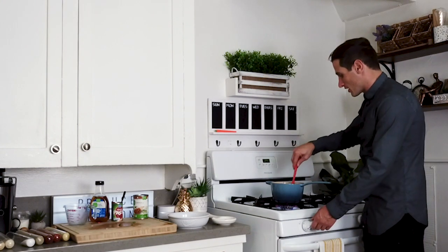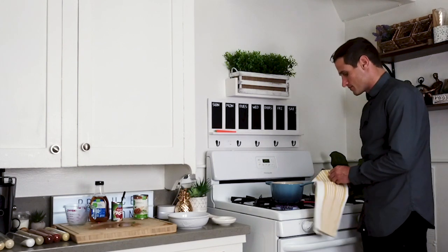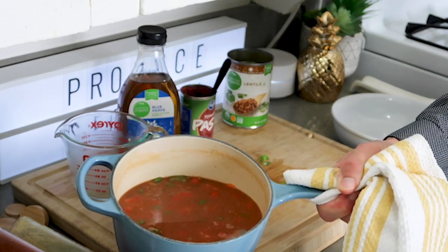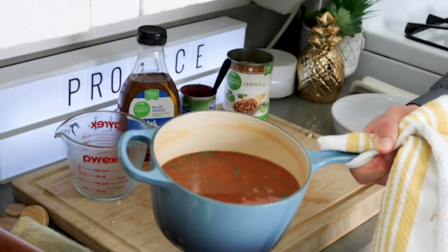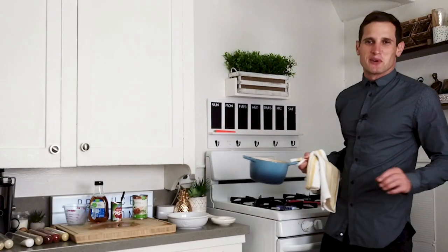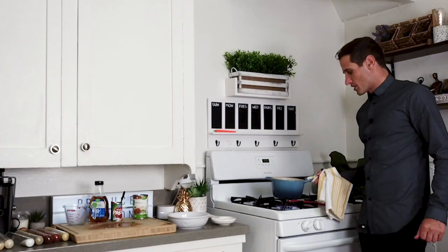So we're cooking that down on high heat. Let me show you what that looks like. Here's what it looks like. Big old pot of veggie chili. That's lentil chili right there with all the fixings. So it's just that simple, everyone. Lentils, red bell peppers, carrots, celery, and some seasonings, and you've got yourself one of the most delicious lentil chilies